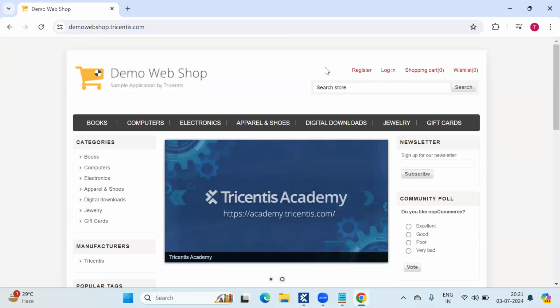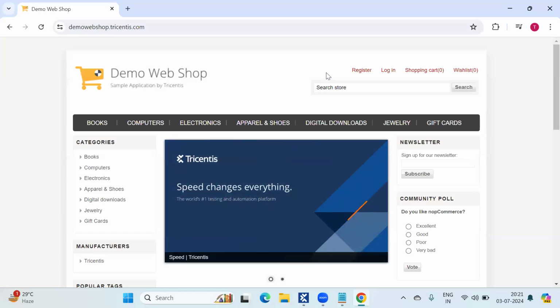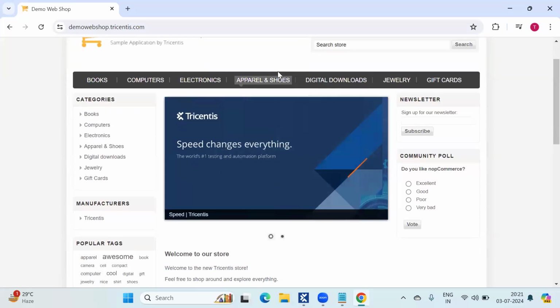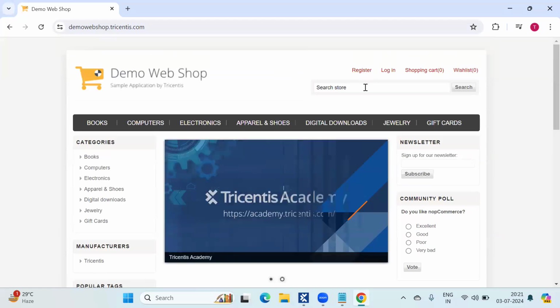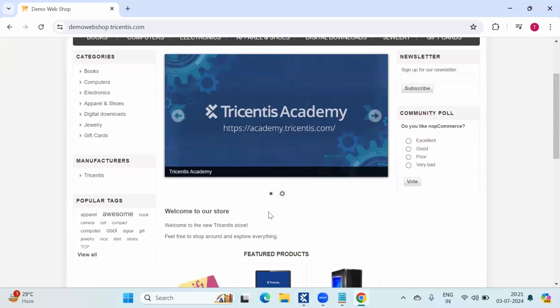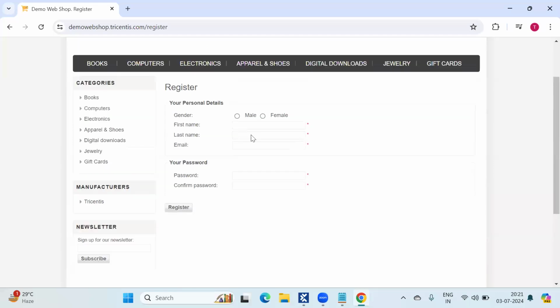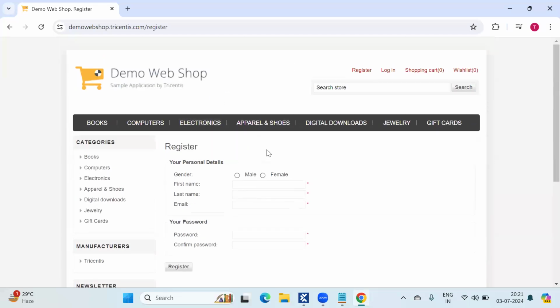If you go into a live project, the application might be different. Tricentis has developed this application in such a way that it covers all the scenarios. It will have links, text boxes, radio buttons, drop down icons, everything. If you practice on this application and then work in your projects, it will be more helpful. There will be no difference, only the application might be different. In live projects also, the controls and everything will be the same.